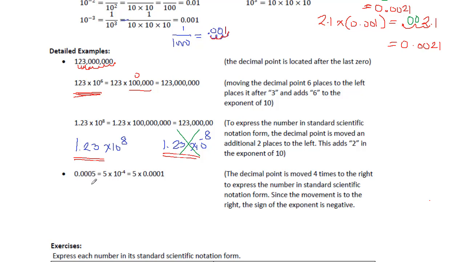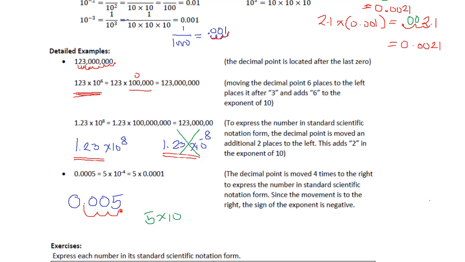How about this one now? A small one, 0.005. The best way of writing this in scientific notation is simply to move the decimal place until we have a single digit number to the left of the decimal. So how shall we do that? 1, 2, 3. We stop here so that we'll have the number 5. So it will now be 5 times 10 to the